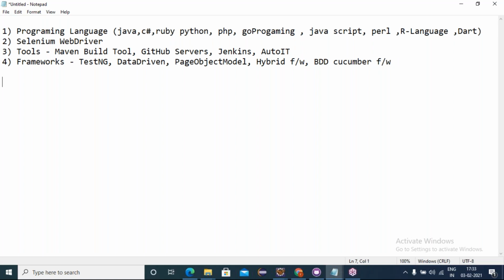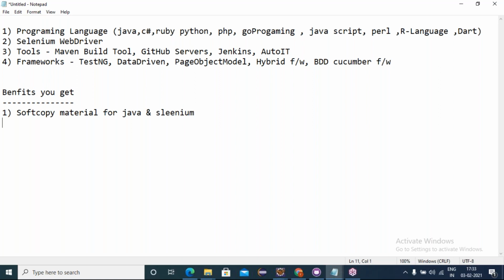And what are the benefits you'll be getting from this course, friends? First benefit, you'll get the source code and materials, soft copy material for Java and Selenium.